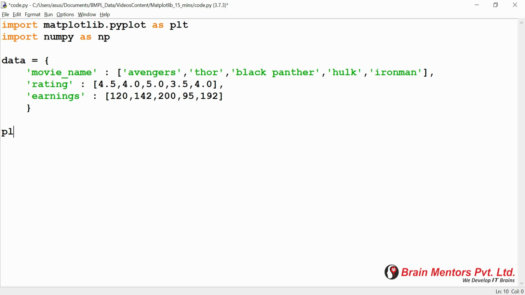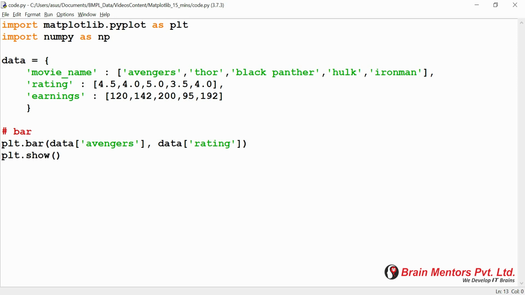Let me show you. So there is a bar plot first. I am plotting a bar chart here. A bar chart is basically used when you have a categorical kind of data set. So first I am writing data Avengers at the x-axis, and at the y-axis I am writing, let's say, the rating, and then plt.show, and then run this using F5.